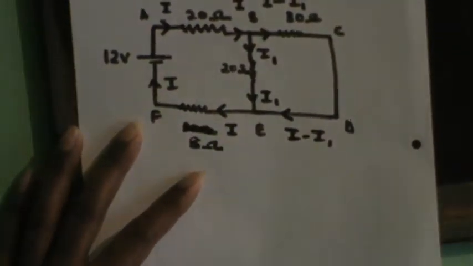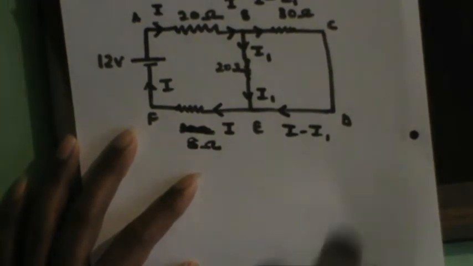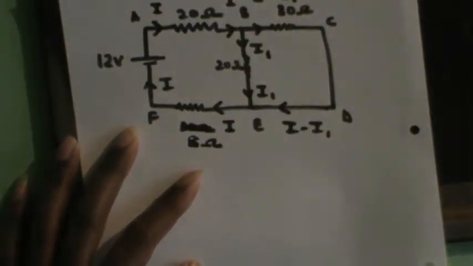So you don't have to actually draw all these currents in this diagram. If you are proficient in the use of Kirchhoff's rules, you can only put the currents around the resistors, right? Because this is the first problem I am explaining, I'll be applying all these currents and explaining it to you. So you can draw a current diagram like this, and then I'll apply Kirchhoff's law to this loop in this direction.